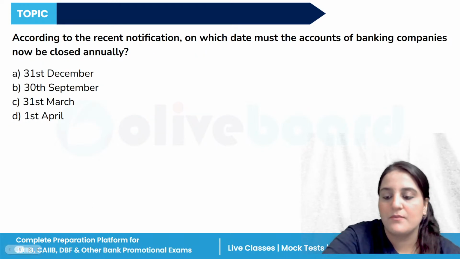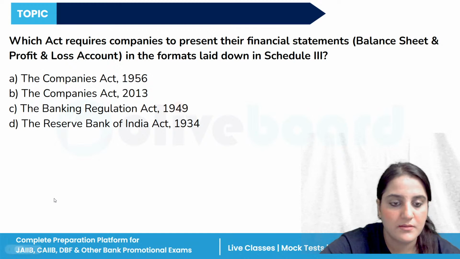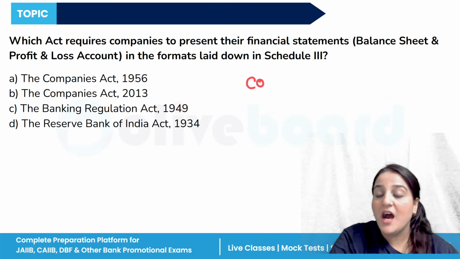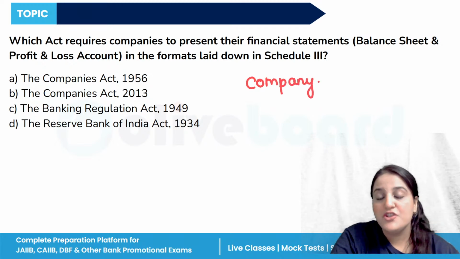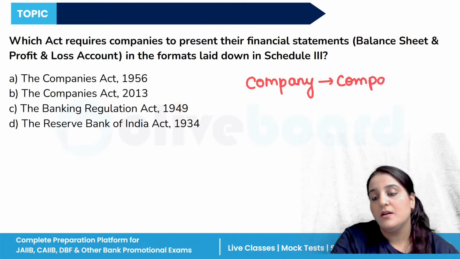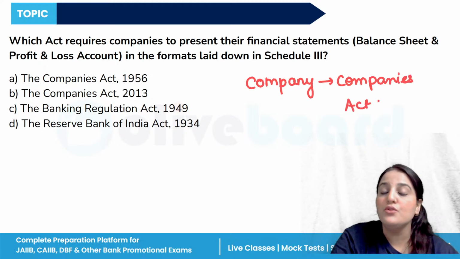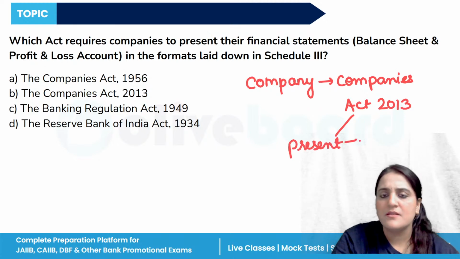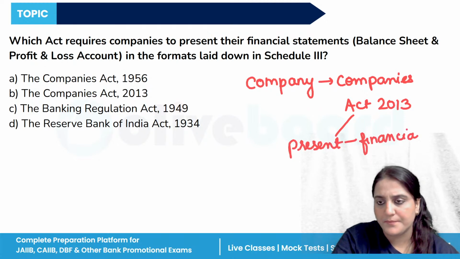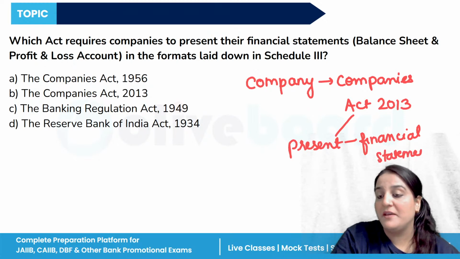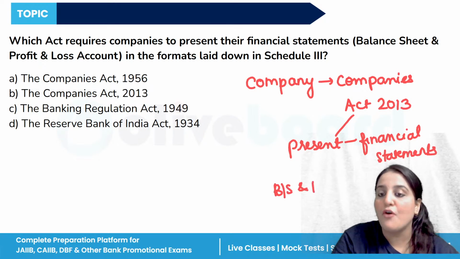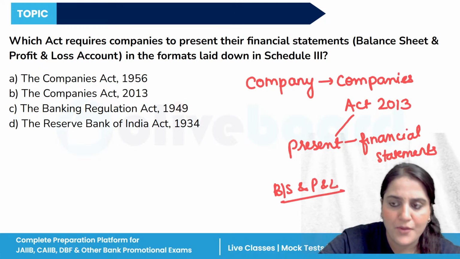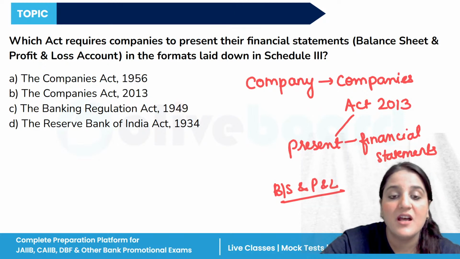A company which is registered under the Companies Act 2013 is required to present its financial statements, that is, the balance sheet and profit and loss account, in the formats laid down in Schedule 3